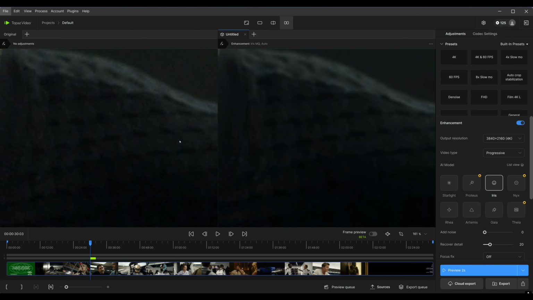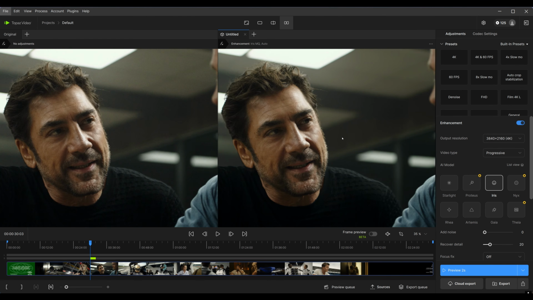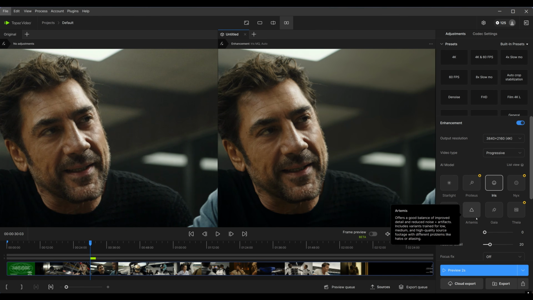The sweater looks a little less noisy, a little more defined here. Honestly, it does a really good job. So I think Artemis or Iris would be fine going to 4K. If you want the best, you probably go with Rhea. Don't even think about using Starlight. It's crazy